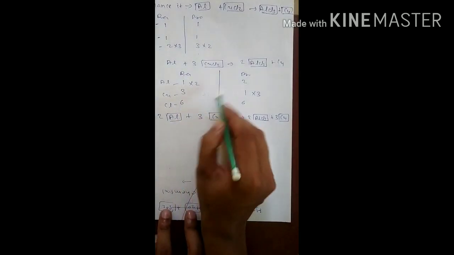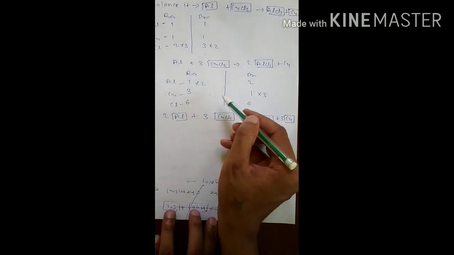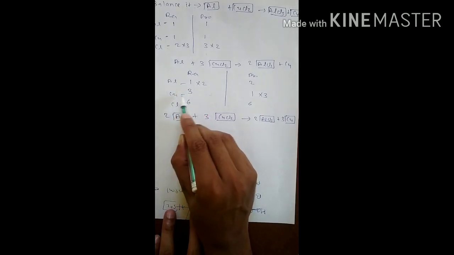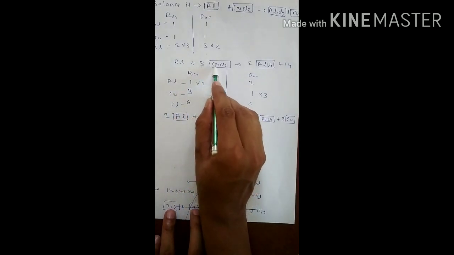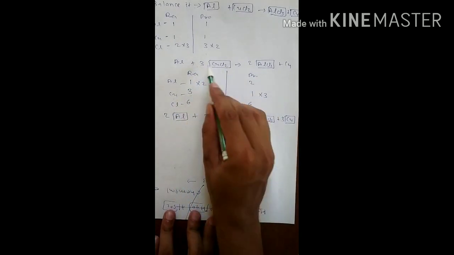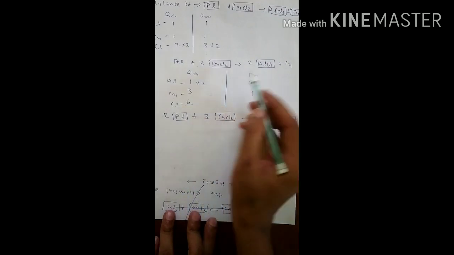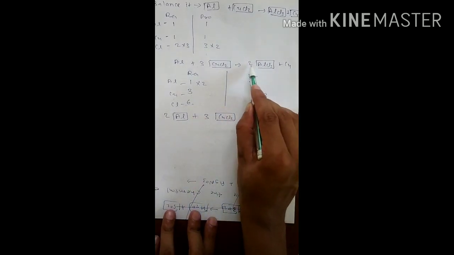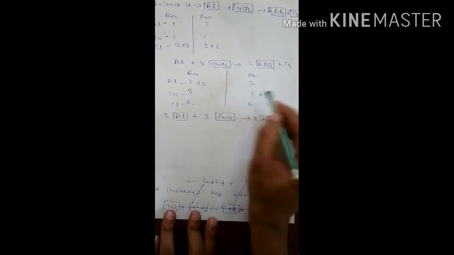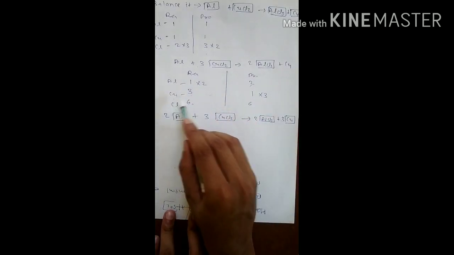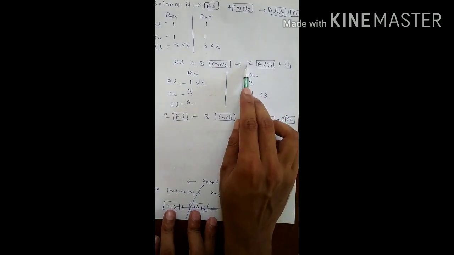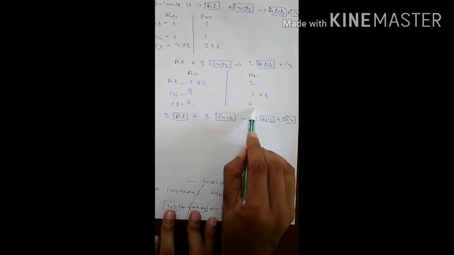So again I am making the list. On the reactant side aluminium is 1, copper is now multiplied by 3 here. So copper is 3 now, chlorine is 3 2s are 6. Aluminium is multiplied by 2 on the product side, so aluminium is 2 here. Copper is 1, and chlorine, 2 3s are 6.